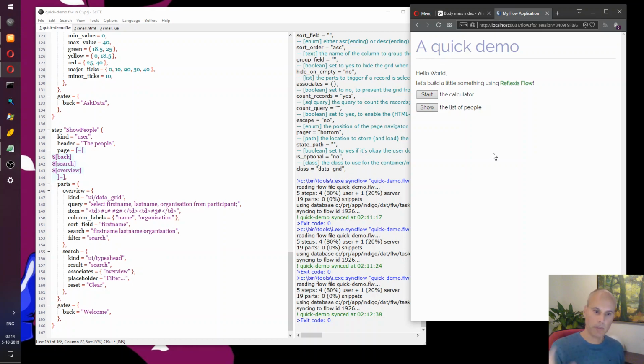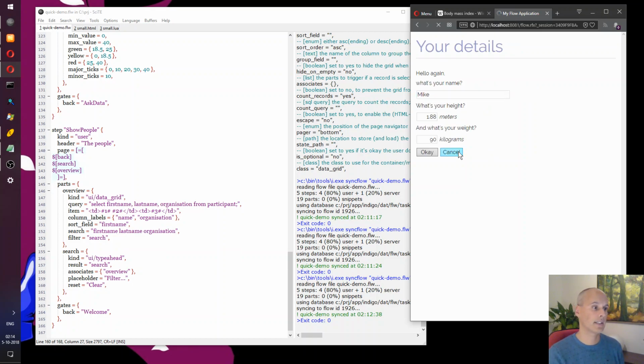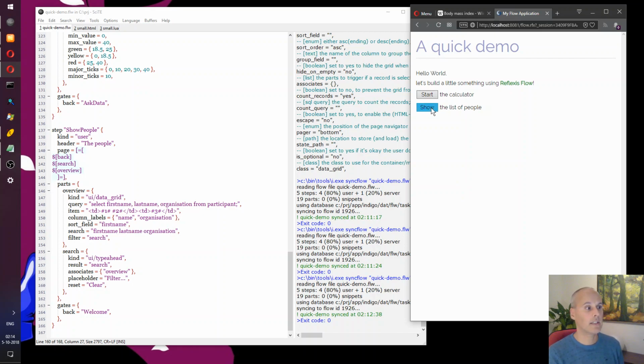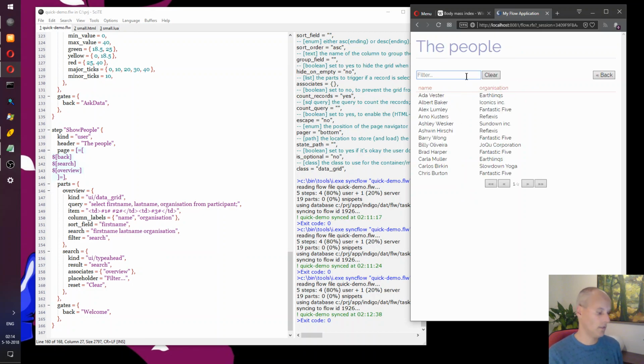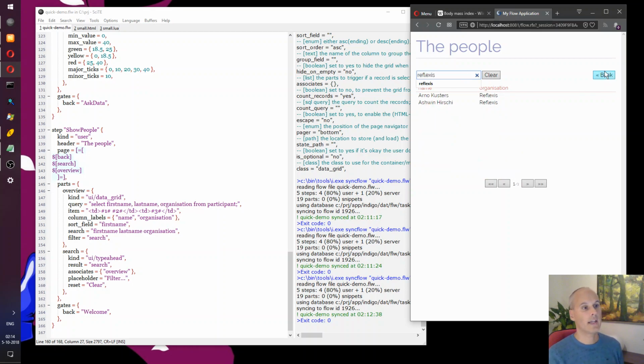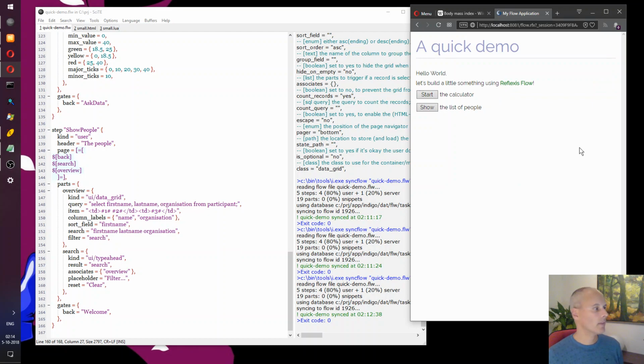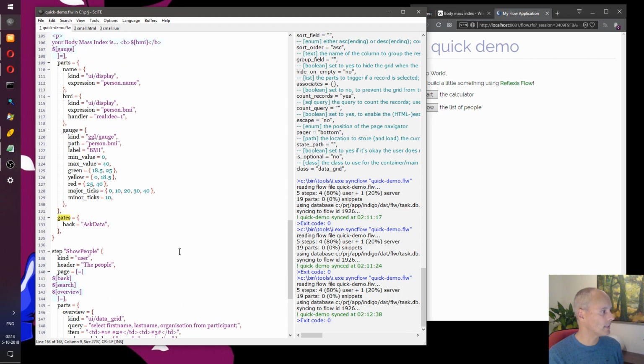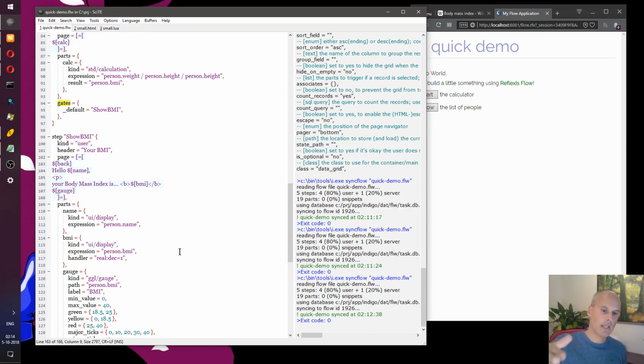So you need to know, from this place in the application you can move to that place under these conditions. If the user clicks this button, it goes to the calculator. If it clicks the cancel button, it goes back to the main menu, and from there you can go here and filter and move back. And those connections between steps are done by gates. So there you have flows, steps, parts, and underneath parts, to implement parts, there are library scripts, and we have a huge library of these scripts to do all kinds of things.